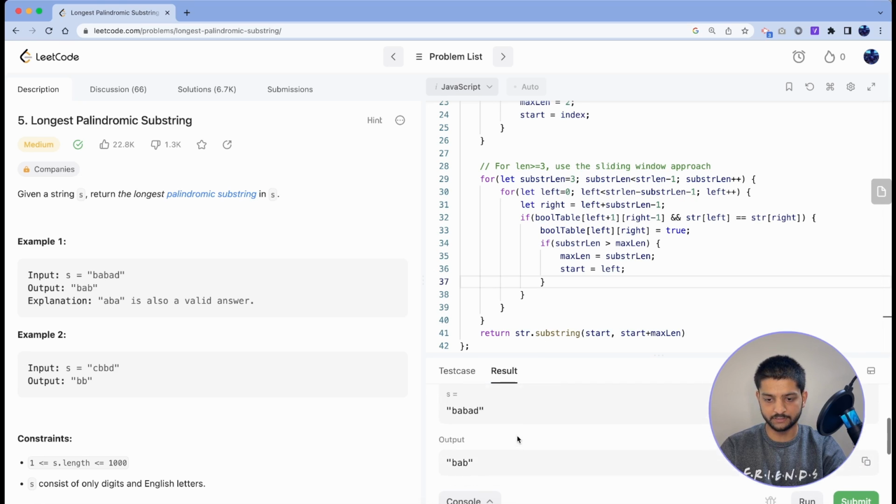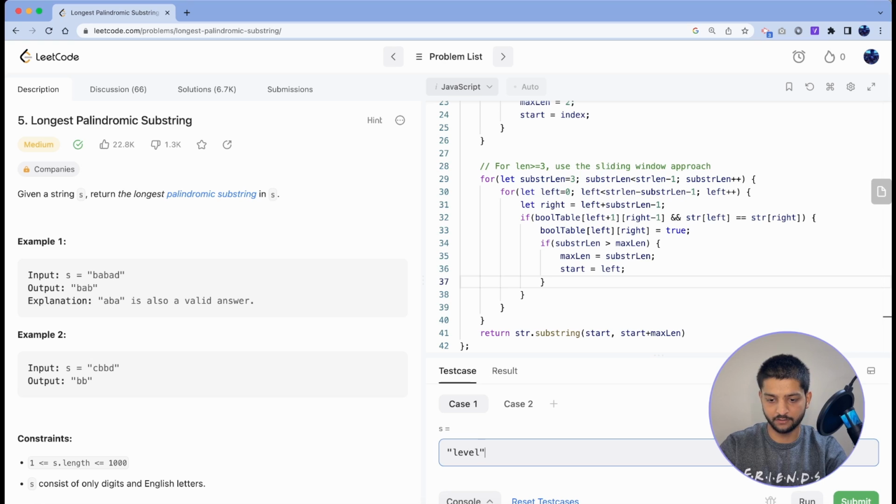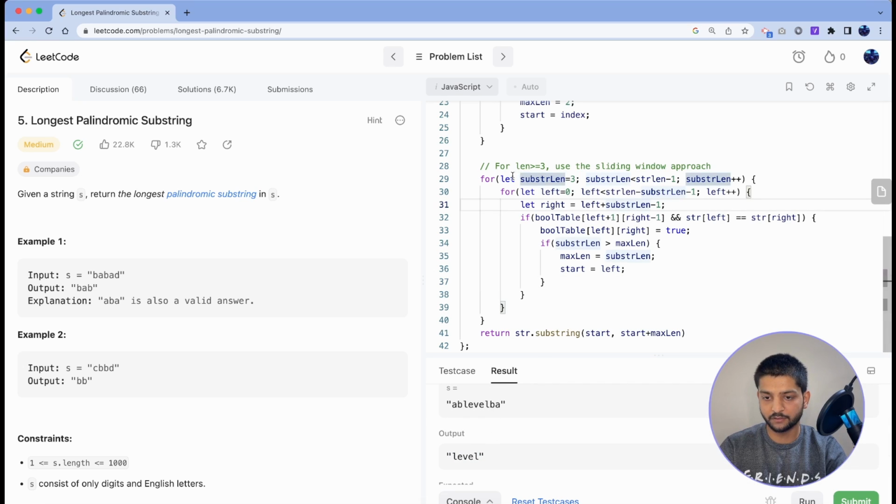Okay, it worked for both these cases. I know one case for which it will not work, so let's try that. If we try level, it's failing for level. It did not give any output. Let's try AB level BA. So now it gave level as an output, because when we are running the